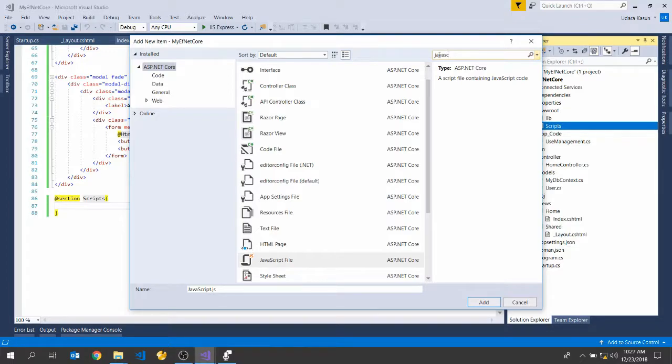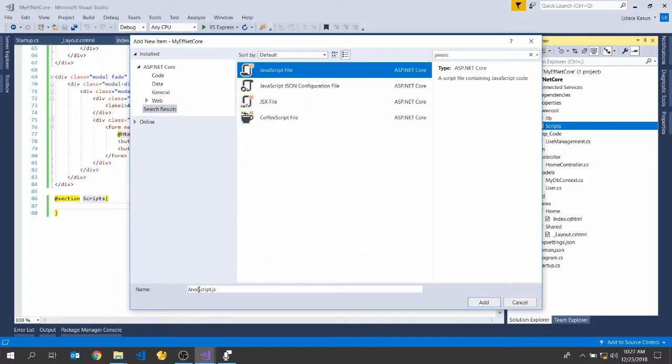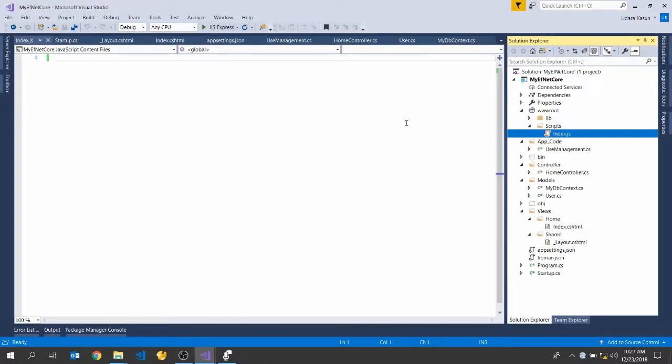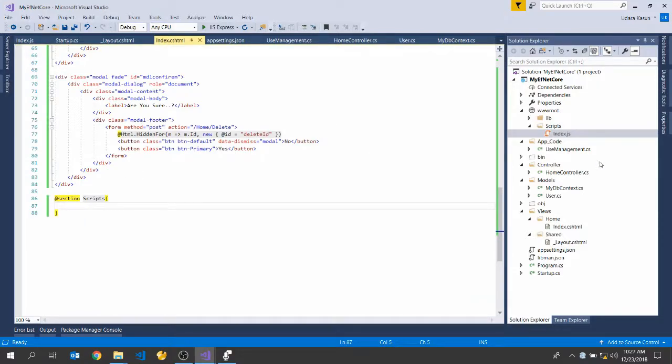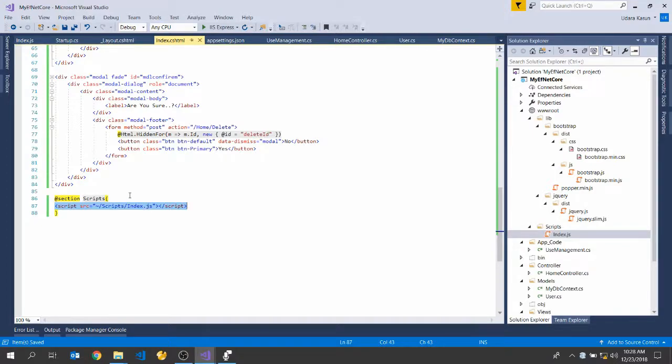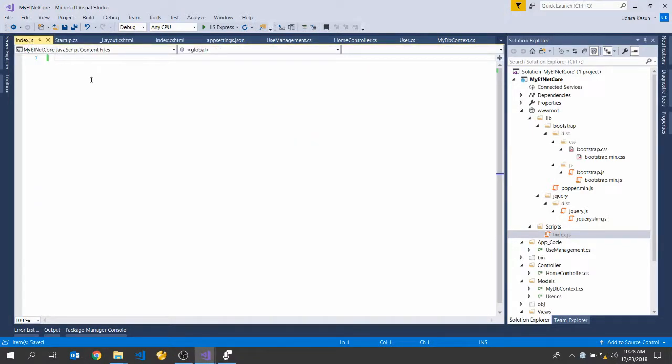Select JavaScript and index.js, and yeah, after adding index file, go to index and drag and drop file here and go to index.js. Here add